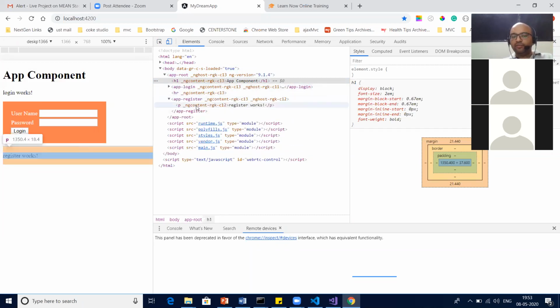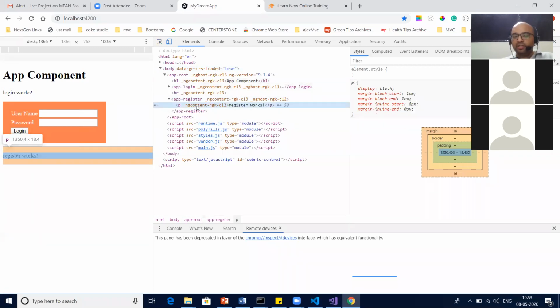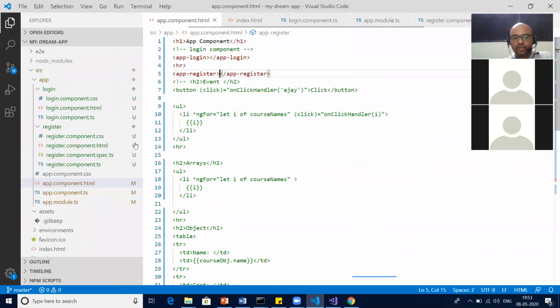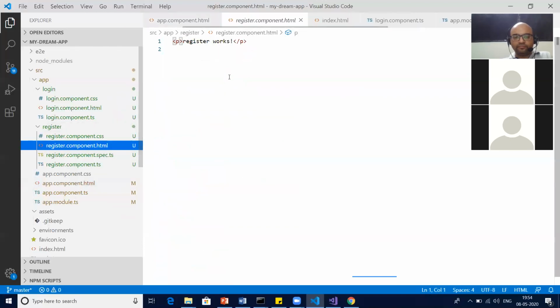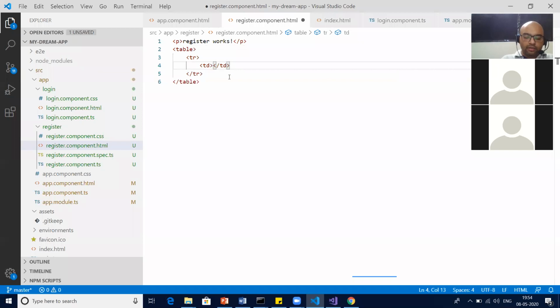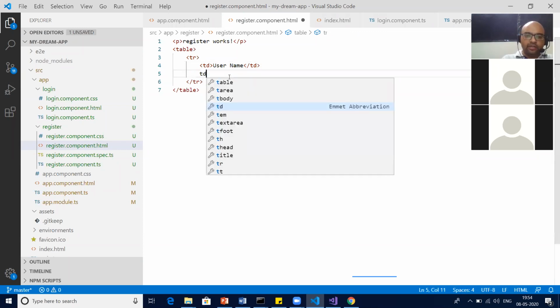We are talking about register. You can see in register the default paragraph which gets added by default. Now in the same way, you can go to register, no change, and here also you can add a table and put some default stuff like your username, things which are required to register.